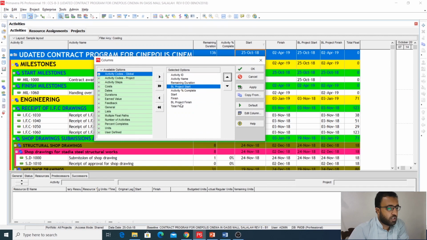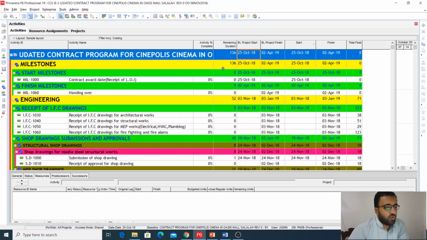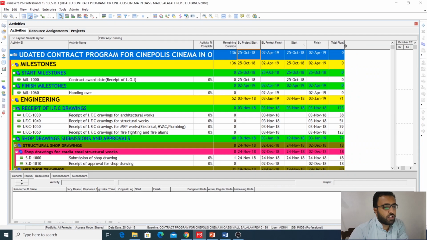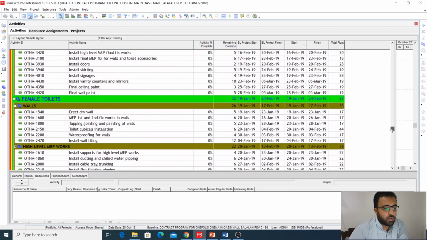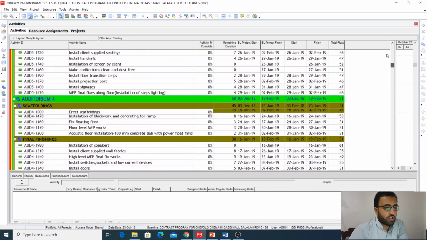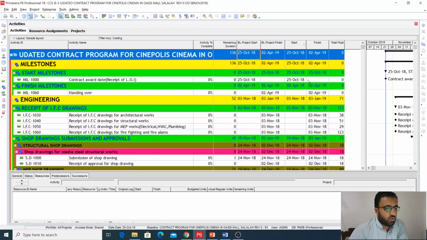So let's take this at the top. Okay, fine. Now you have here the activity percentage complete column, remaining duration column, baseline project start, baseline project finish, then start and finish columns, and then the total float column. Before making this first update, I want to show how to